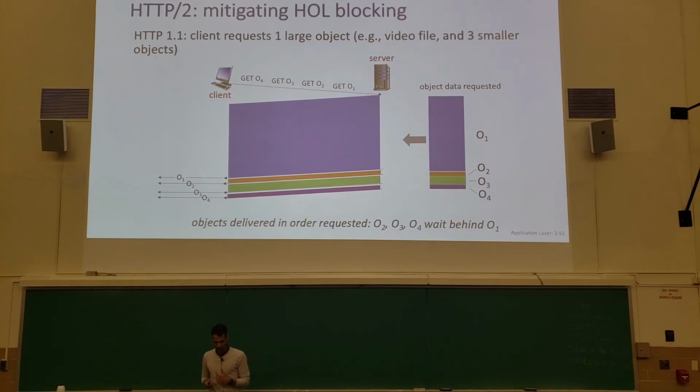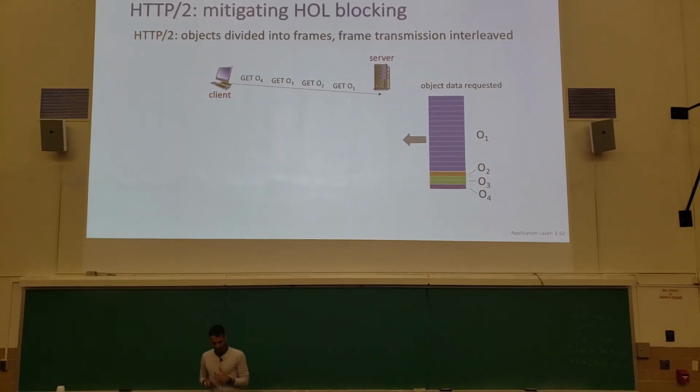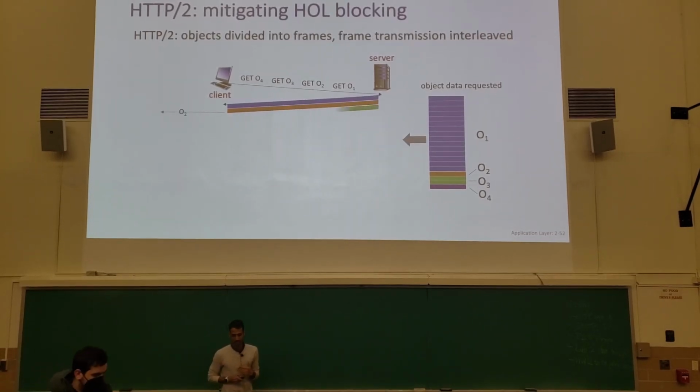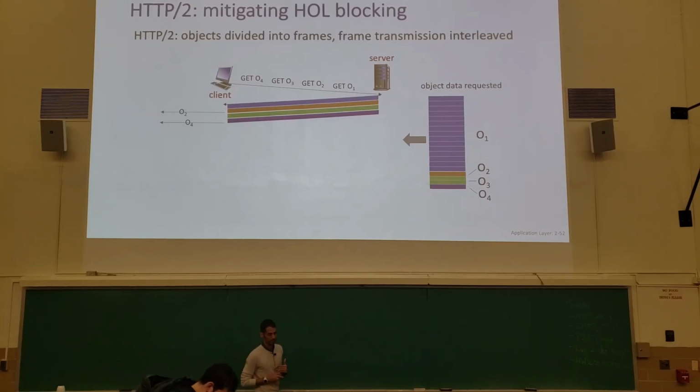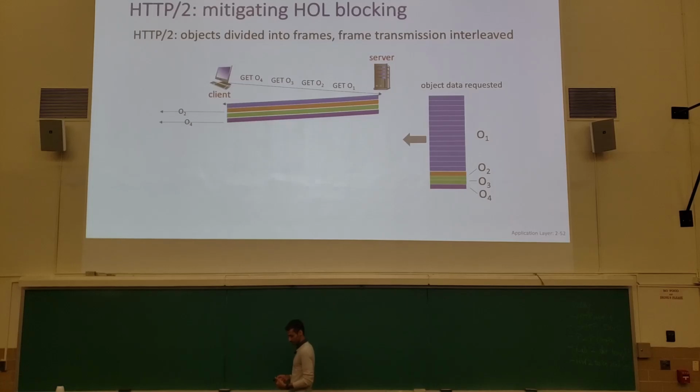So that's what HTTP 2 is introducing. It's going to send these objects in an interleaved manner. So now HTTP is beginning to look almost a little bit like a transport protocol, like TCP. TCP also segments data and sends data in different segments. So HTTP is slowly